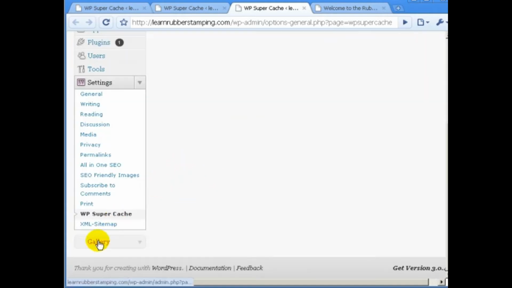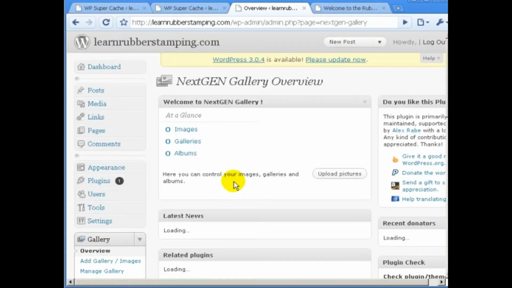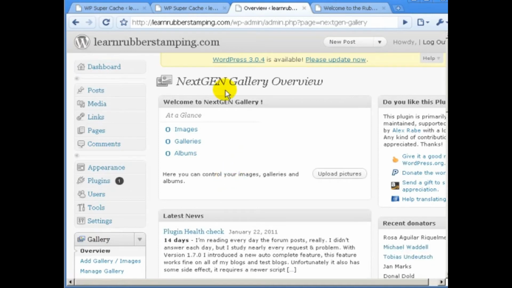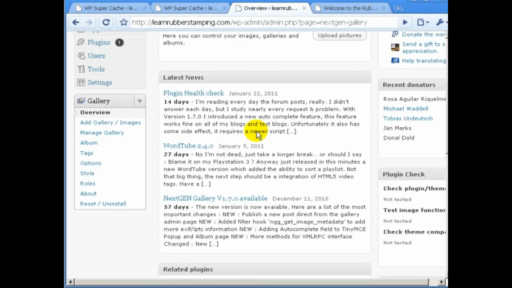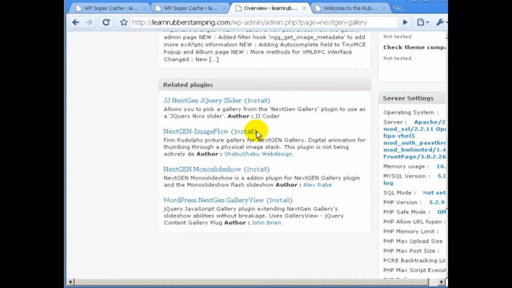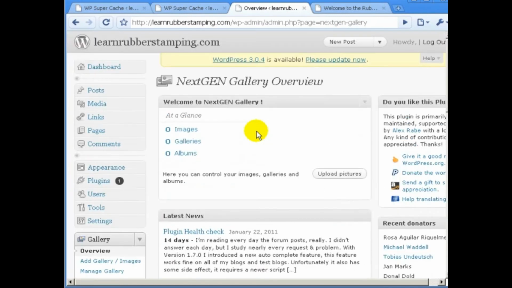So what I want to do is just go to the gallery, click on gallery. This deals with images. It's the NextGEN Gallery overview. So this plugin will allow you to just upload images, control your images, create galleries, and create albums. So let's say, for example, that with rubber stamping, I've got a bunch of pictures that show people step by step how to, have tricks and advice on rubber stamping and things like that. So if I click on upload pictures,